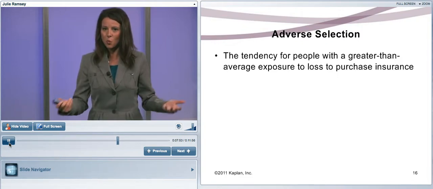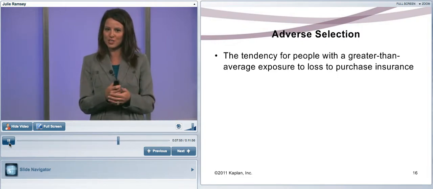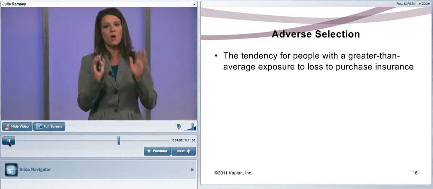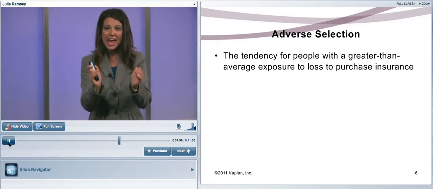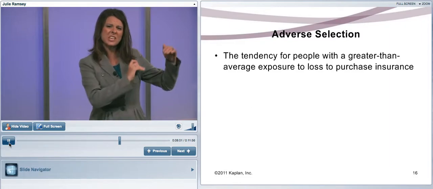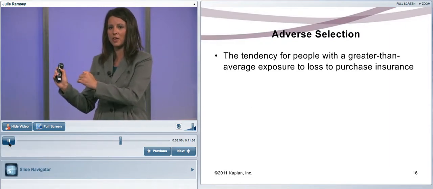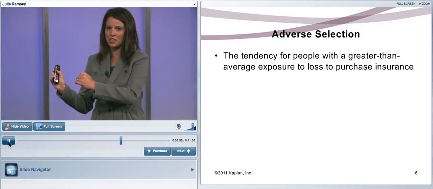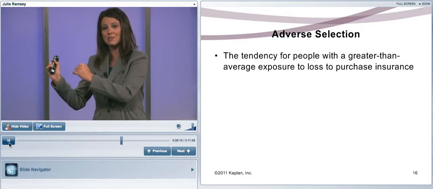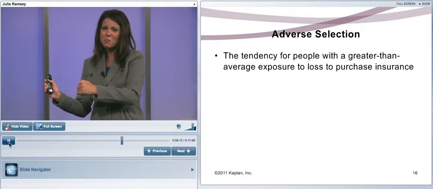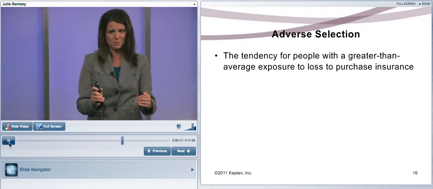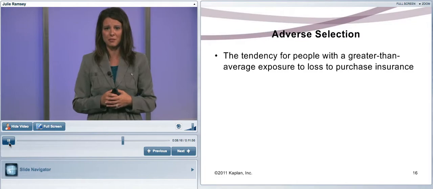The insurance company doesn't want a bad selection. They don't want an adverse selection. They want a good mix. What they want is some average individuals. They want some really healthy individuals. And maybe they'll take a few that are unhealthy. But they never want to be in a situation where they have unhealthy individuals buying insurance more than everybody else, because they know that they're going to have claims.